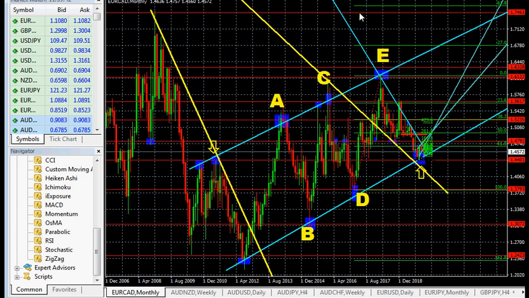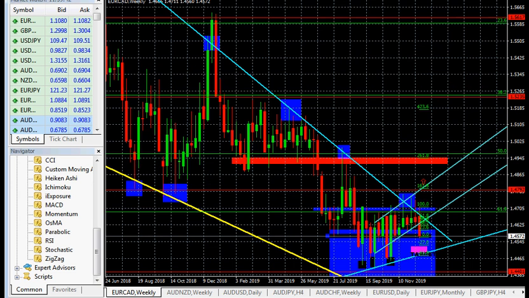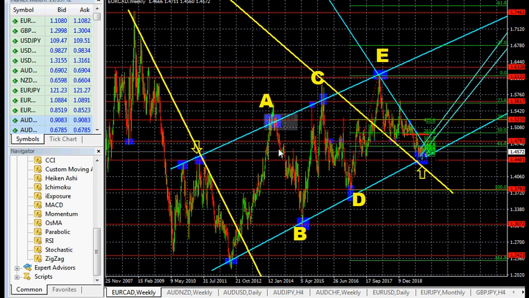At this confluent point in this monthly time frame, where you see the monthly support trend line and the monthly horizontal support level, they are confluencing here. This is a strong confluence point to watch out for in the market. So what do we do? We go to the lower time frame to see what the market is doing using price action. As you can see down here, the market is in an uptrend, even though it's in a channel, an uptrend channel.